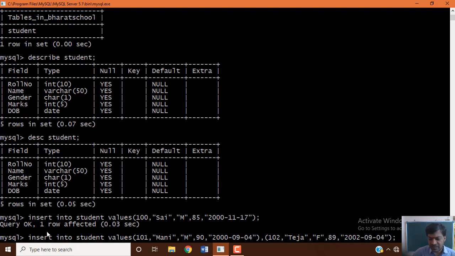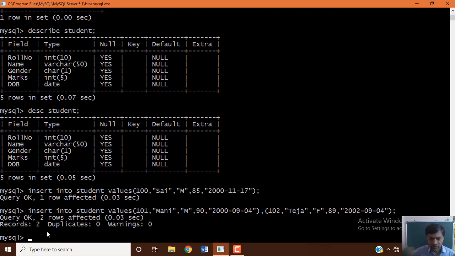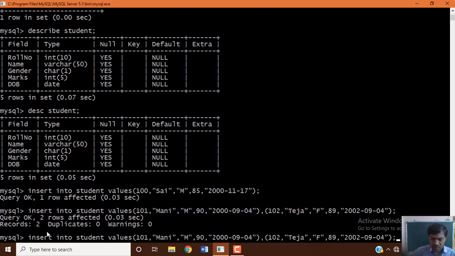Now we are inserting two records at a time. Yes, two records are inserted. Earlier, one record was inserted. In the same manner, you can do a few more records. 103 now.